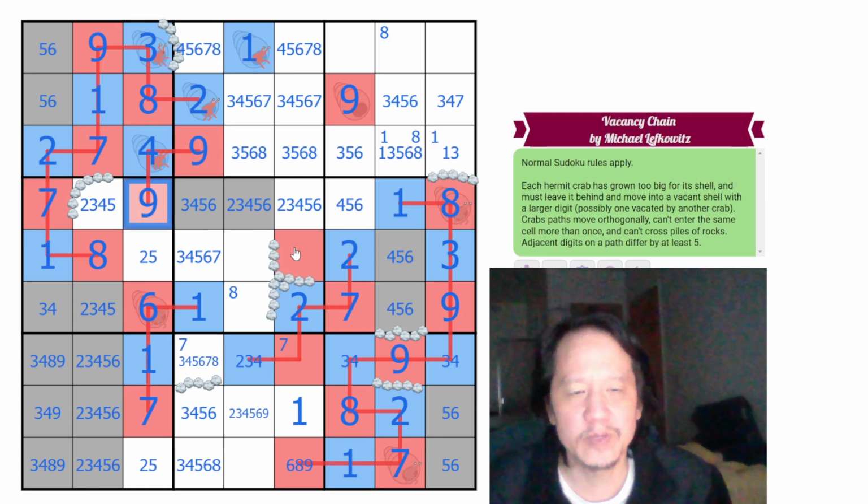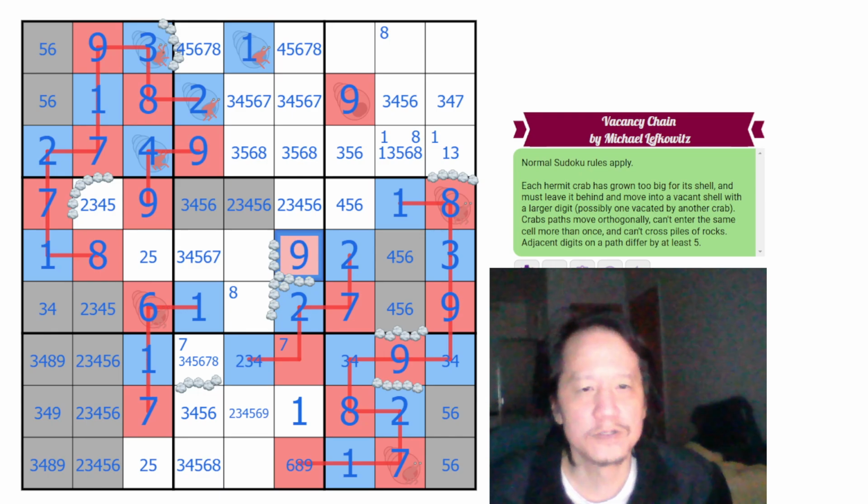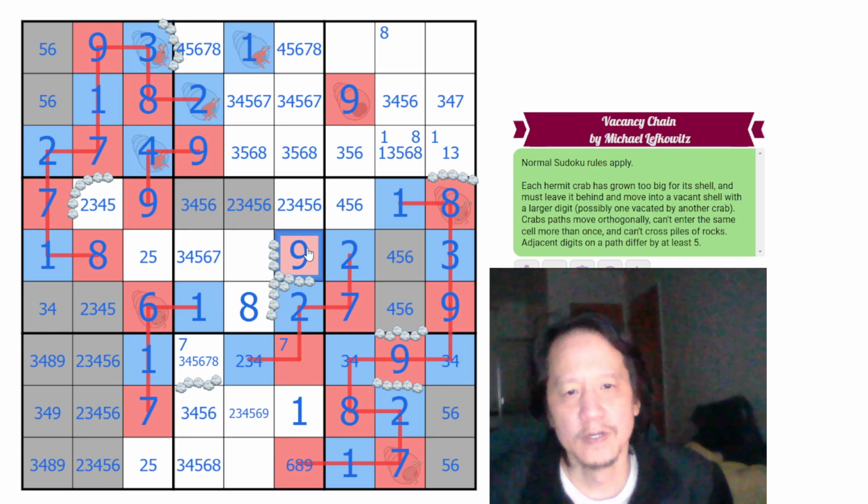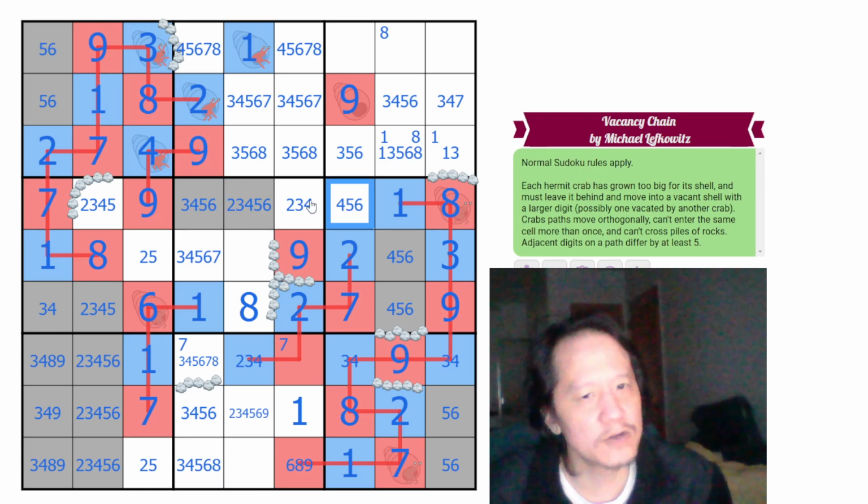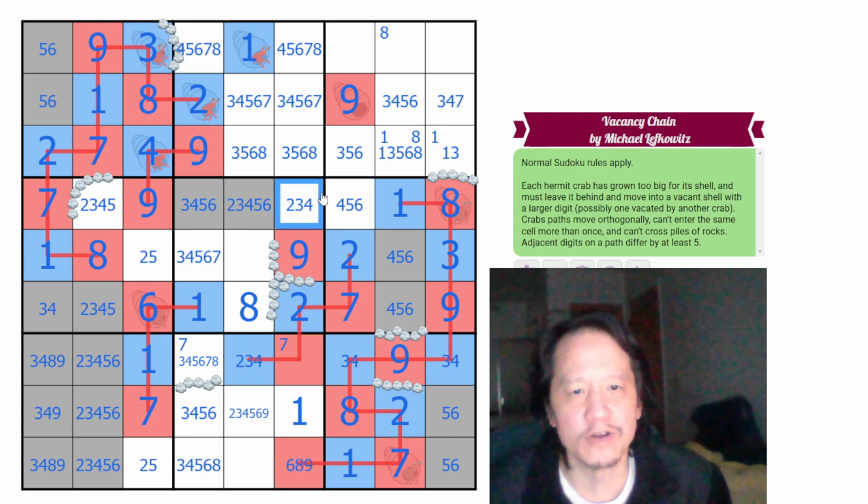Which means it can't be 7. Can't be 8. This has to be 9. So this has to be a 9 here. This has to be an 8. This must connect this way because it's the only way. So therefore, this is 2, 3, 4. This can't go this way. Can't go this way because this is not 5 greater than this, so it has to go this way. So this is low and part of the loop. This is high and part of the loop. So this cannot be 3, 5, or 6 because that's not 5 away from any of those numbers, so this